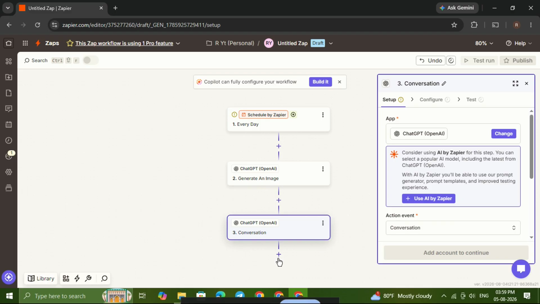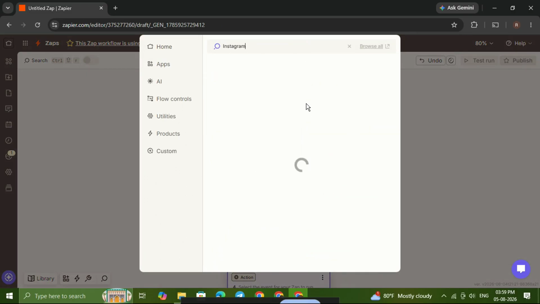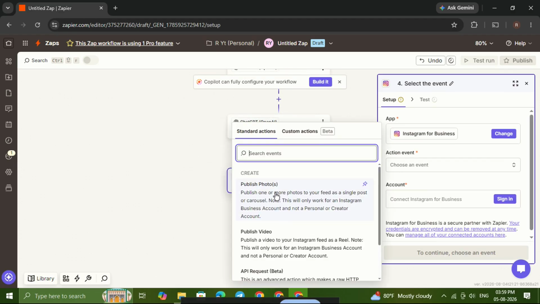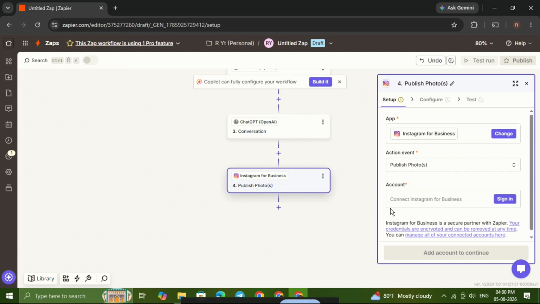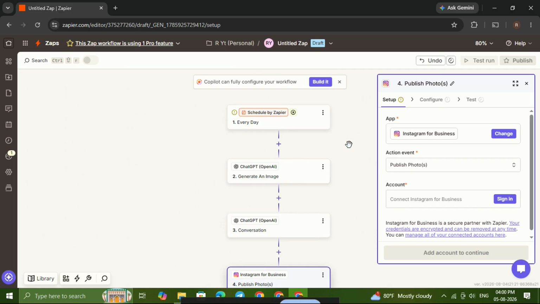Next, we're adding the Instagram publishing step. Click plus add step, then search for Instagram for Business. Select Publish Photo and connect your Instagram account. This is the part that lets Zapier send your content directly to Instagram Business, so your workflow can end with an actual published post. Now take a moment to review your setup and make sure each step is connected in